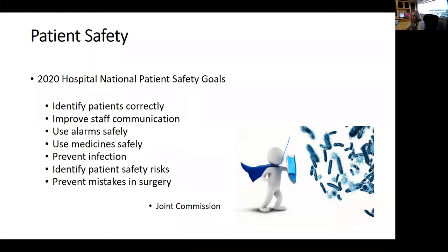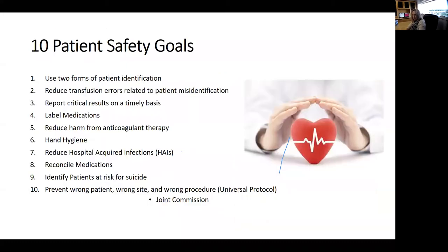So we identify patients correctly, how we can improve staff communication, that we use alarms safely, that we use medications safely, of course infection prevention, identifying patient safety risks, and preventing mistakes in surgery. These are all identified by the Joint Commission. So our 10 patient safety goals, if we were to drill them down and they were to ask you,